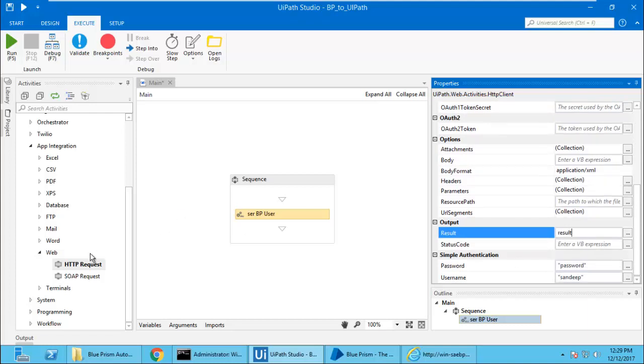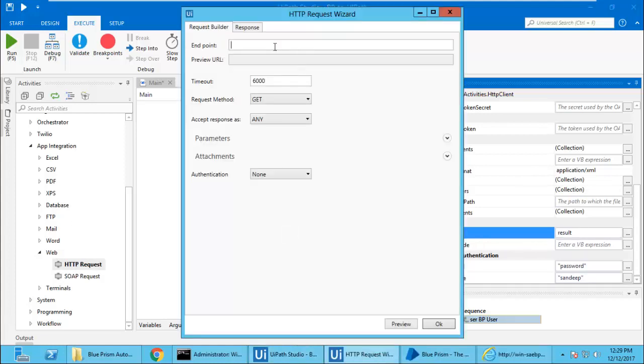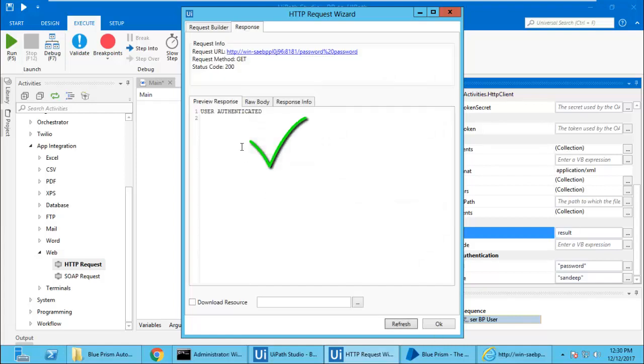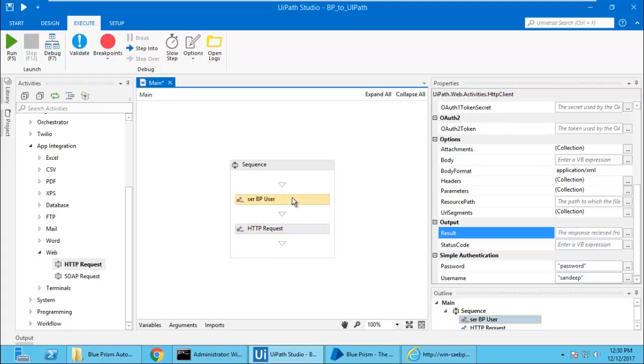Result. Let us try another one, and we are going to paste this again, and supply the password. That's what we are going to supply here. And again supply the authentication, and then preview. You will see user authenticated because the session that has been created here is maintained by UiPath